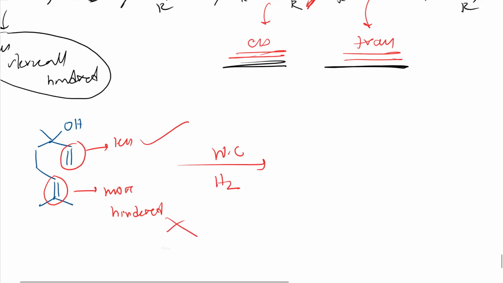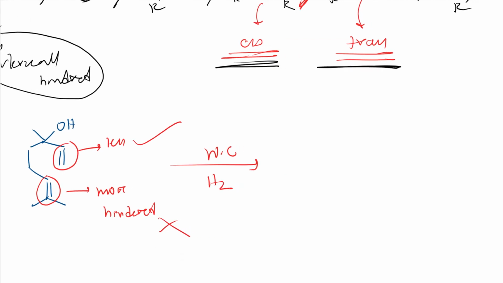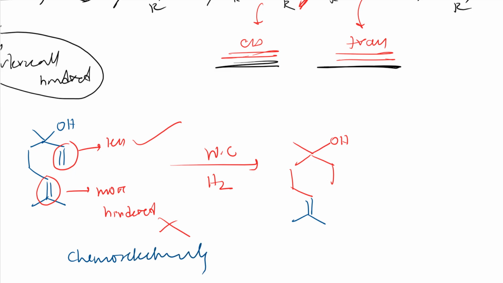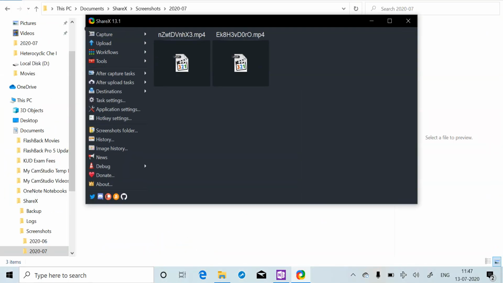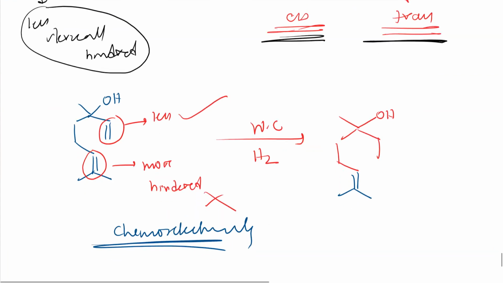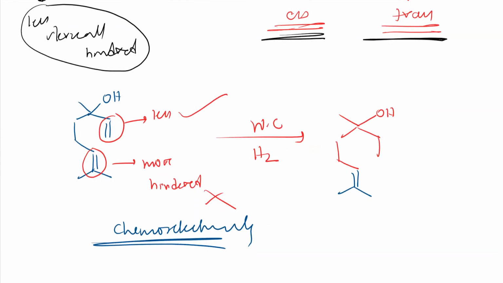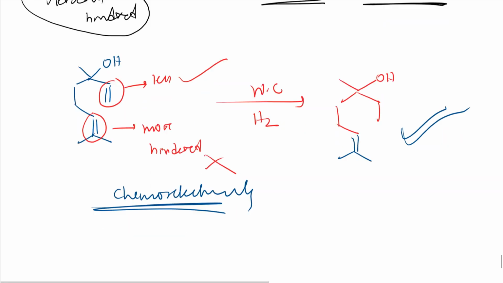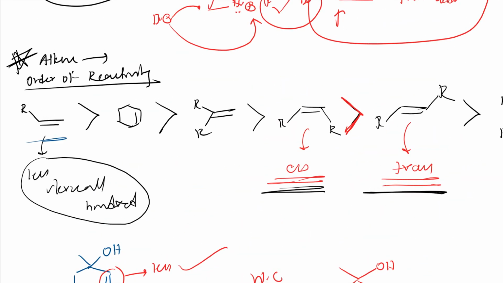So this is chemoselectivity. You will get only this product. Here this is reduced, whereas this is not reduced. The reason is chemoselectivity. The order I have also given: as steric hindrance increases, it will be less reactive. So the less sterically hindered one will be more reactive, and the one which is more sterically hindered will not react at all. This is the chemoselectivity, with the order I told, this one less hindered and that one more hindered.